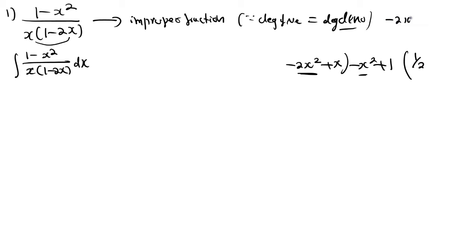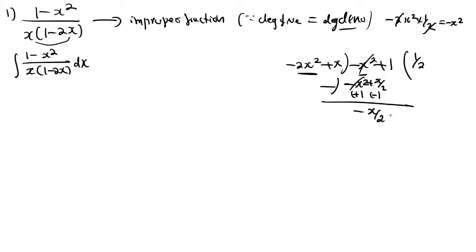See, minus 2x square into 1 by 2, the 2 gets cancelled. What you will get? Only minus x square, right? So here minus x square. x into 1 by 2, you will get x divided by 2. Then subtract this one. See, subtracting, sign changes, right? Okay, here it will become plus, here it will become minus. Okay, so minus x square plus x square gets cancelled. Remaining term is minus x by 2 plus 1 is there.